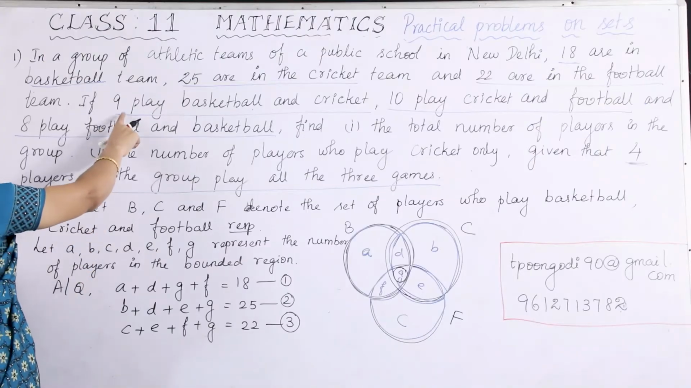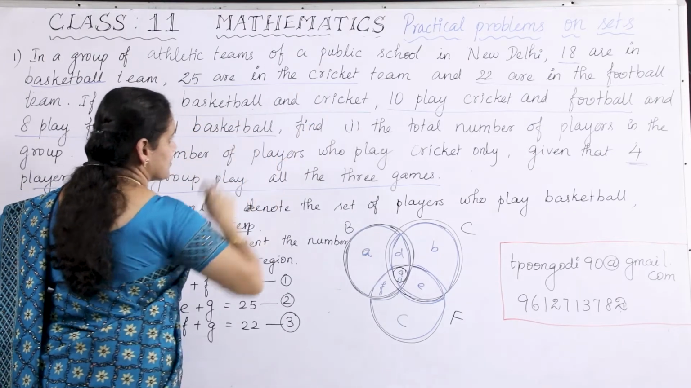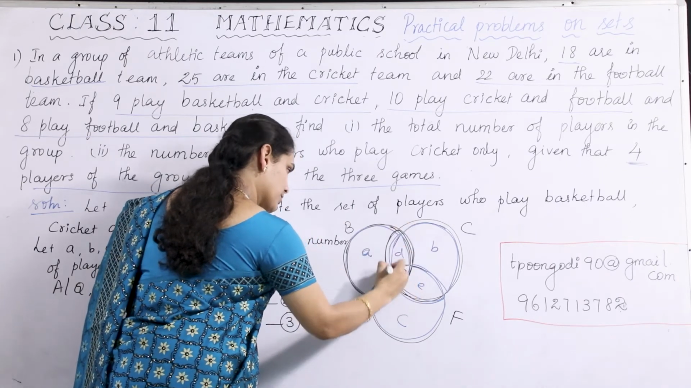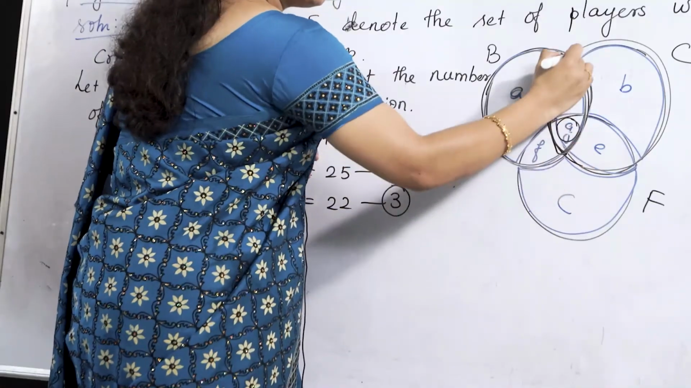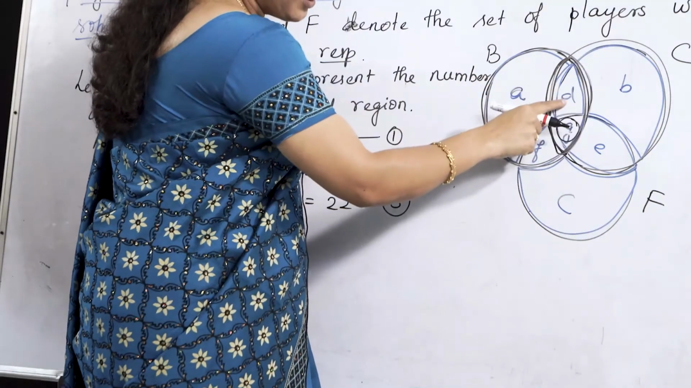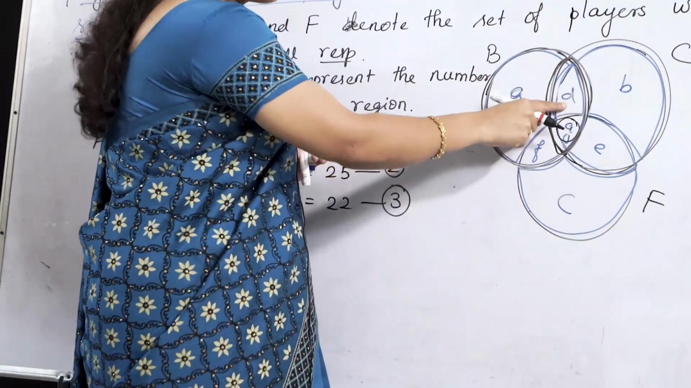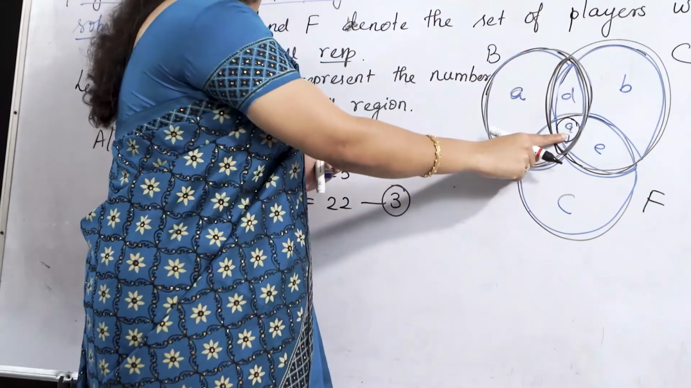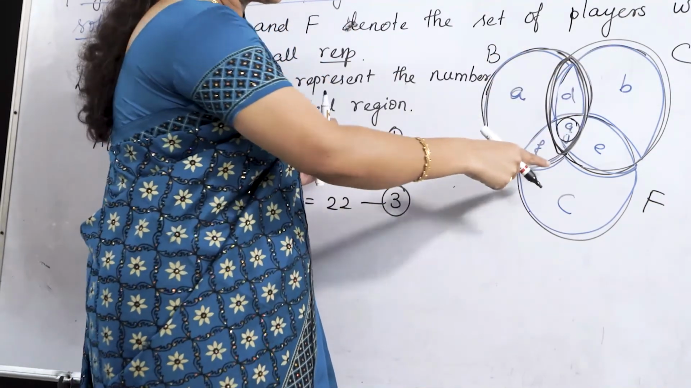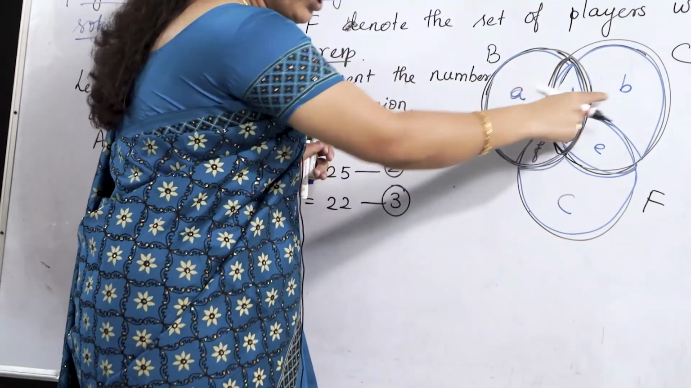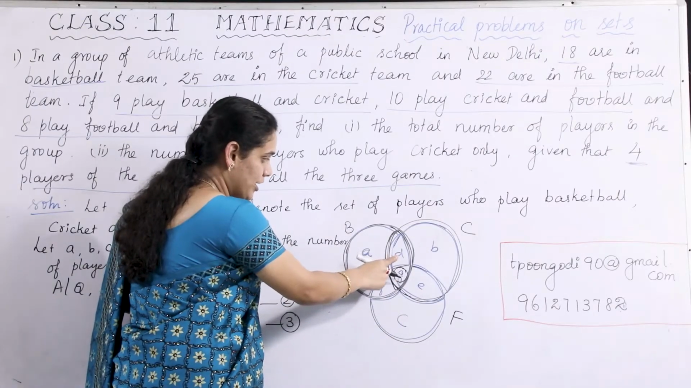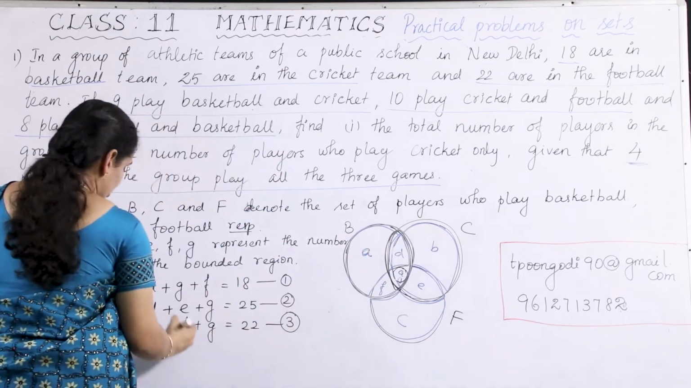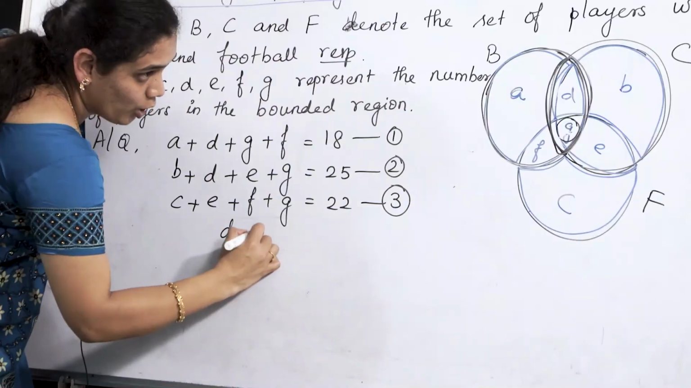And 9 play basketball and cricket. You have to be careful. Those who are here, this portion. Alright. So they play basketball and cricket. This D represents the number of players who play only basketball and cricket. G represents the number of players who play all the 3 games. Those who are here can play these 2 and additionally football. But those who are here play basketball and cricket only. They don't play football. This is it. Therefore, D plus G will give us